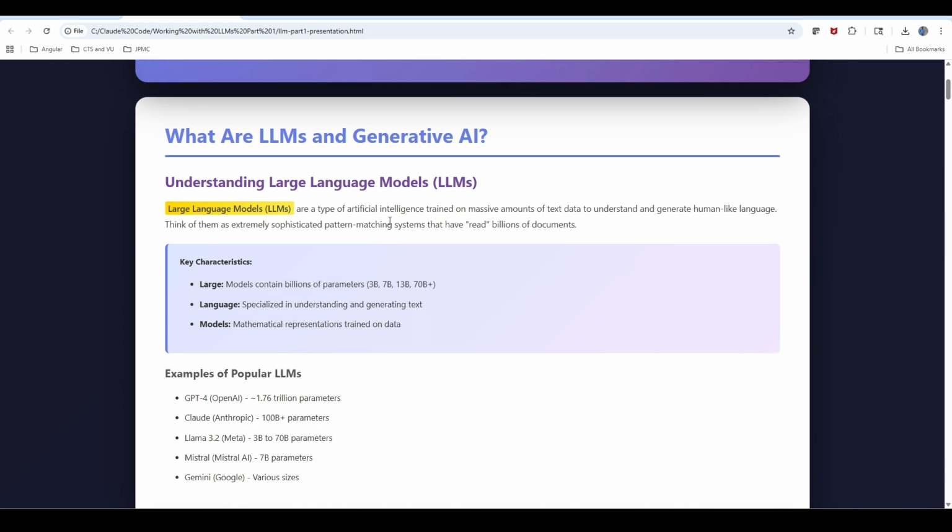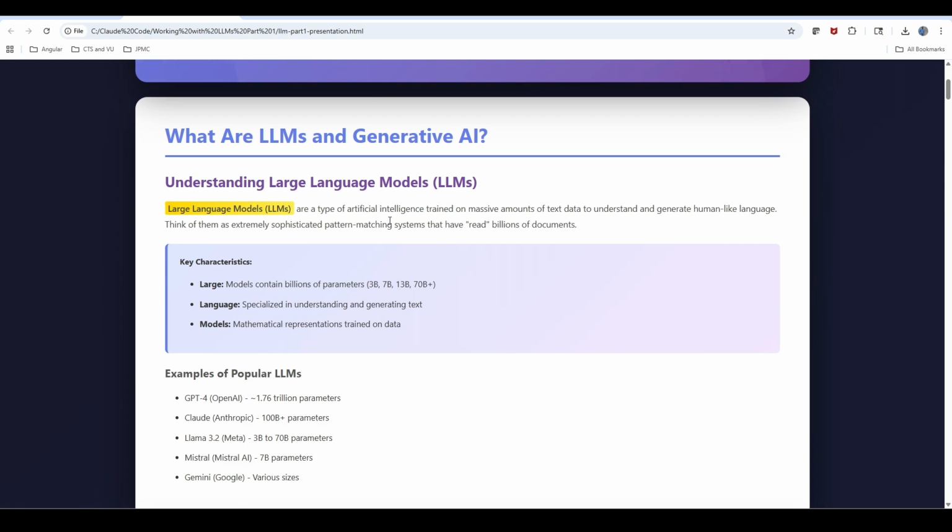Similarly to how generative AI is trained on lots of data with different machine learning algorithms, LLMs also use the same kind of technique. They read a large amount of data, understand the patterns, and from the patterns they are able to predict new text, which means if you ask any question, it can generate the answer for you.